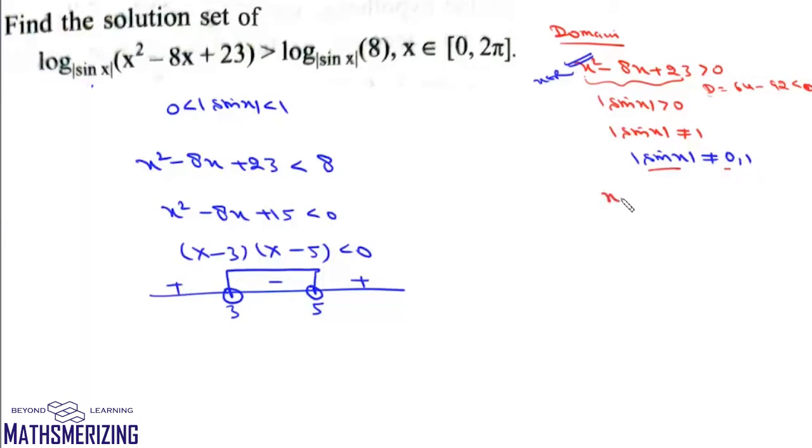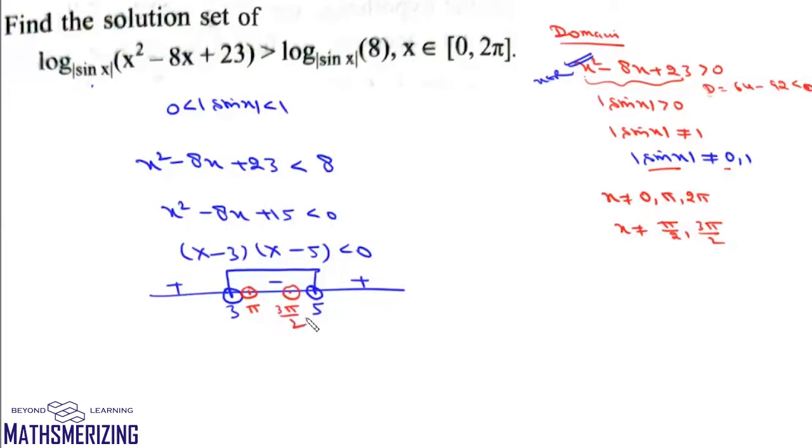So that means x should not be 0, pi or 2 pi, and x should not be pi by 2 or 3 pi by 2. Now in this interval we have pi, because pi is 3.14 something, so we'll need to remove pi, and then 3 pi by 2. 3 pi by 2 is 1.54 into 3, so there'll be 4 point something. So we'll also need to remove